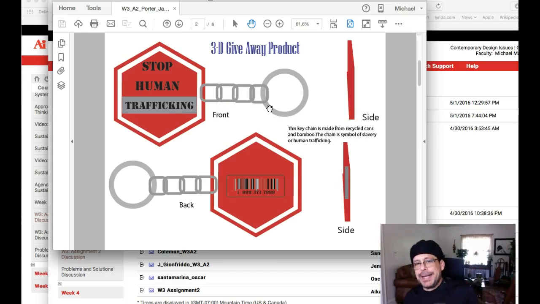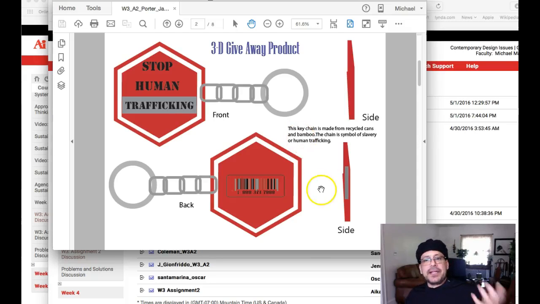But let me ask you a question. I have enough keychains. Do you? I have my keys. If somebody tries to give me another keychain, I'm going to snap. Do you feel the same way? I just don't think a keychain is something that somebody's going to go, wow, this is cool, I'm going to hang on to this.